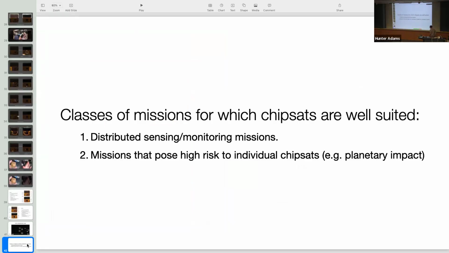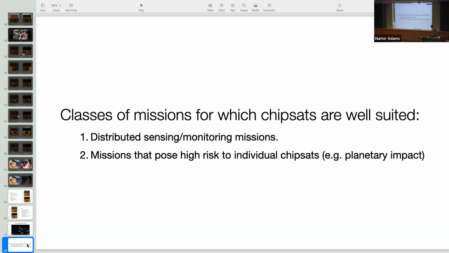So I mentioned at the beginning of this that I was hoping to explain what chipsats are, what makes them interesting, and what they're good for. And so I'd like to talk a little bit about what they're good for. To my mind, this kind of a spacecraft, this big, massive swarm, is useful for two broad categories of mission. One of those categories is distributed sensing and monitoring missions, where you want to spread these things out over some big area and gather measurements from that whole area, and route them back to a data aggregating station or something.